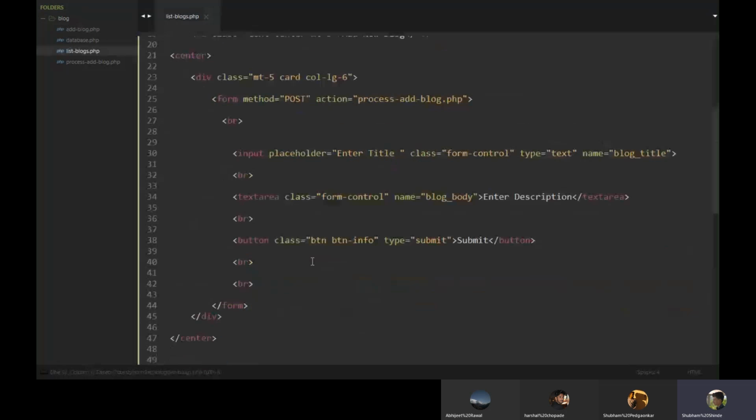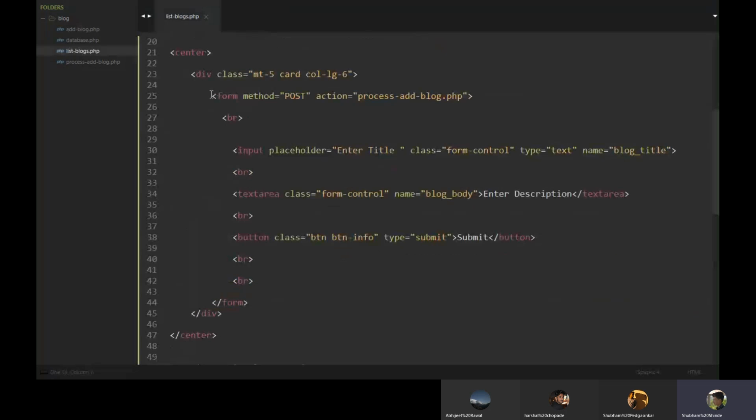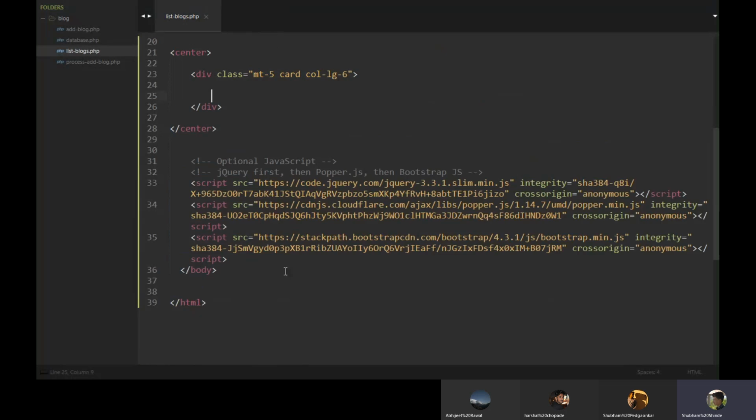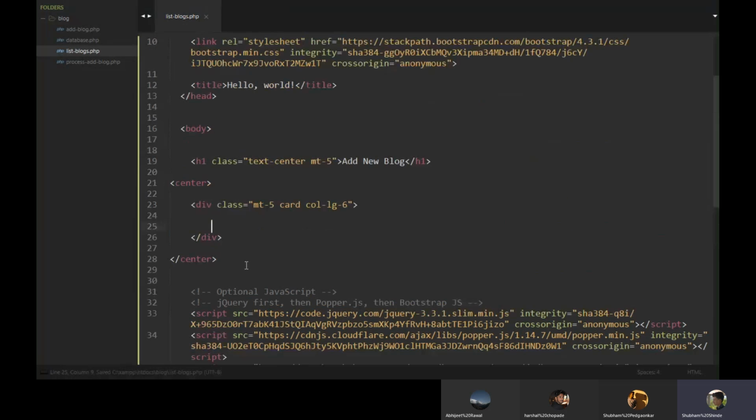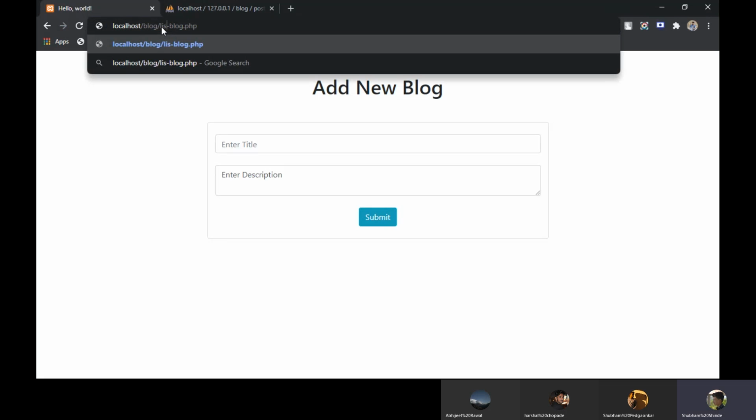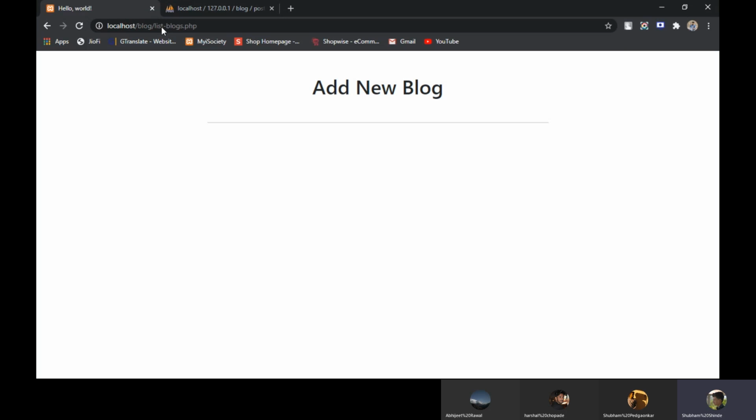For this we don't need the form, so we'll just delete it. Yes, we will keep this basic structure. Let's visit listblogs.php. This is our new file.